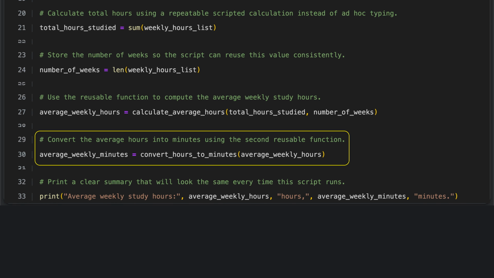We now take the average weekly study hours we calculated earlier and convert them into minutes. To do this, we call a dedicated conversion function and pass the average hours to it. The function multiplies the hours by 60 to get the equivalent number of minutes, giving a more detailed measure of study time. This result is then stored in a variable so it can be easily accessed and used later in